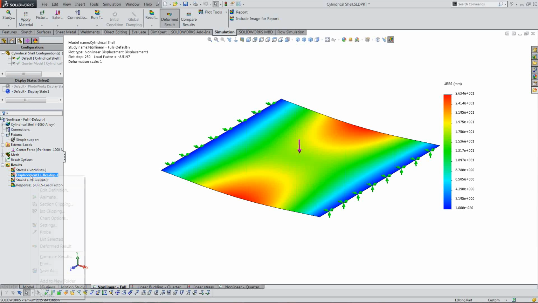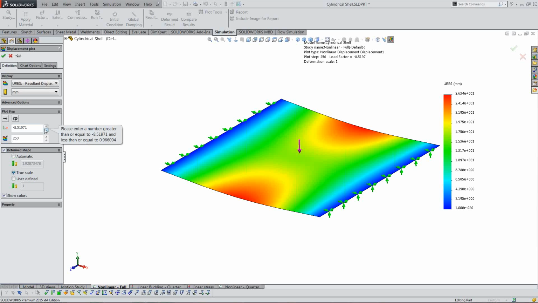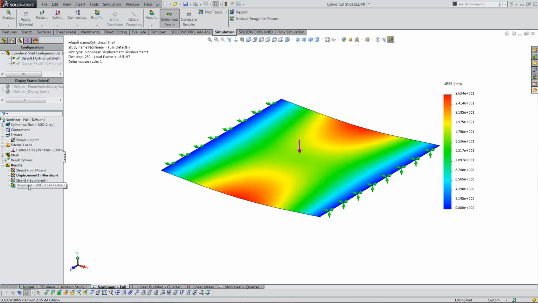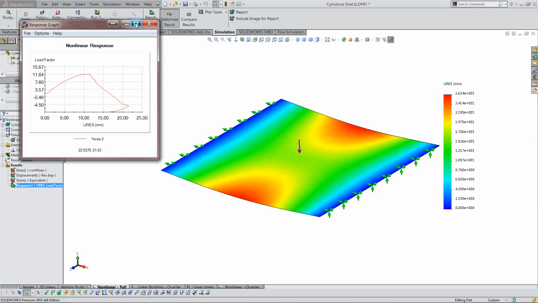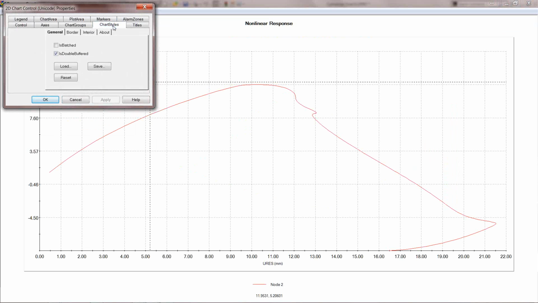So if I was to actually edit the definition of this displacement plot, I can scroll through the different plot steps. And you see we start out at -8, we go down to -1, and then we go into the positive values. So let's take a look at the response here. This is a little bit more complex. I'll just turn on the